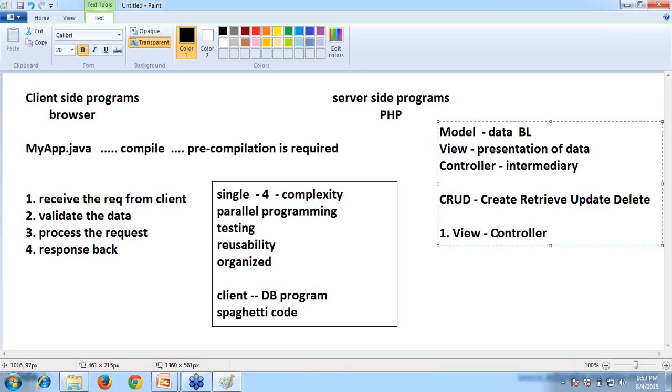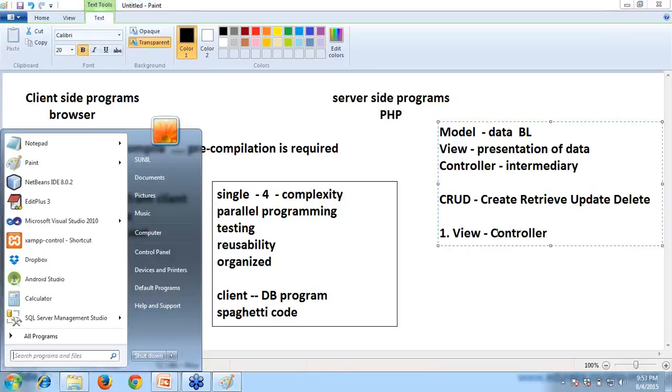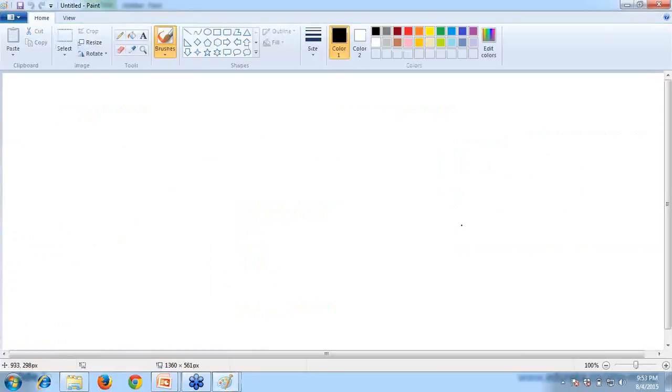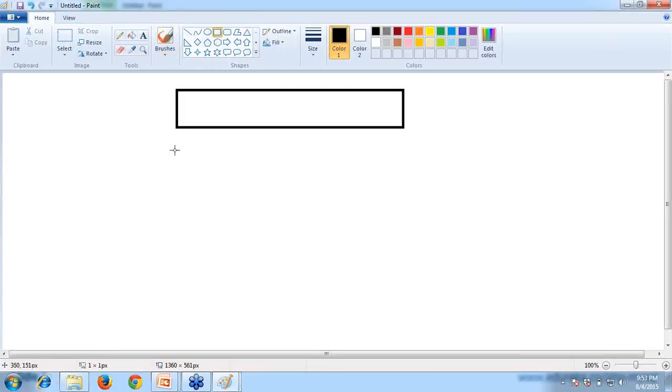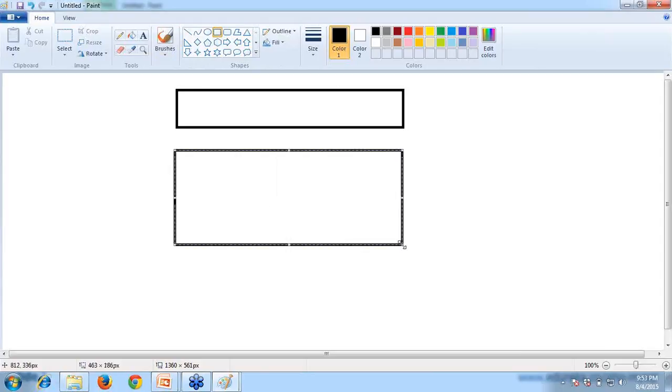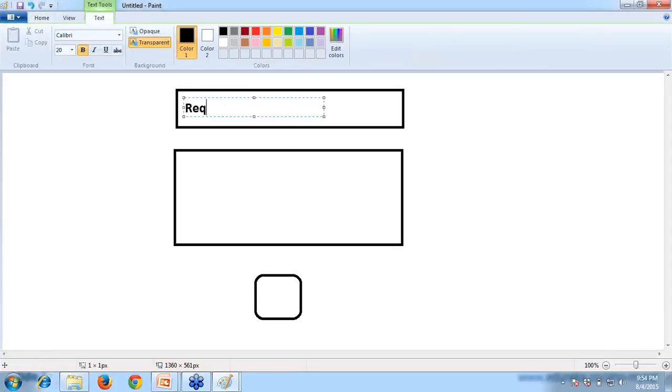So for example, in our login page itself, what is happening? We have got the client side. This is client, this is server, something like a three-tier architecture. This is the database. The client sends a request to the server using a browser. This is the client's browser.